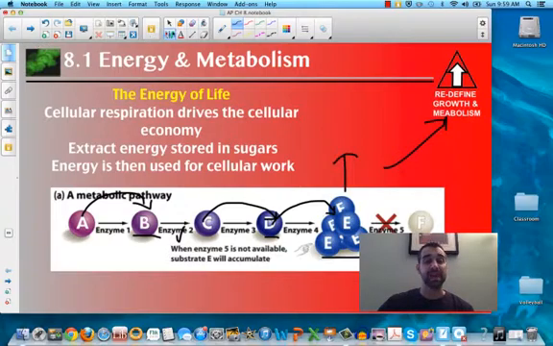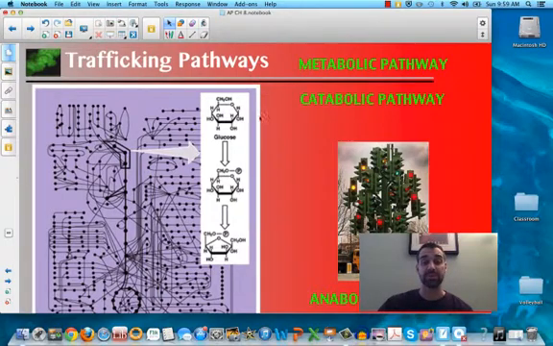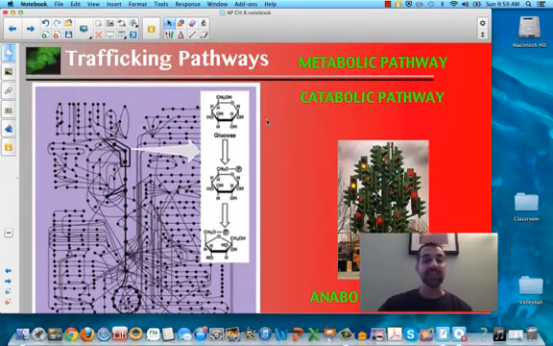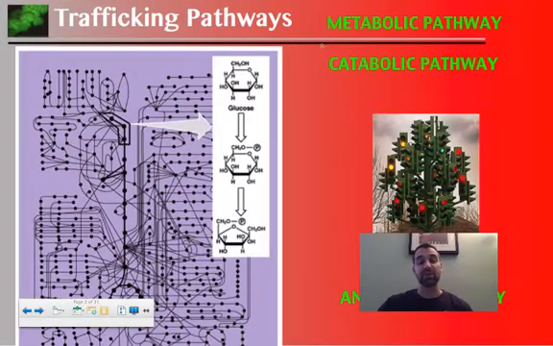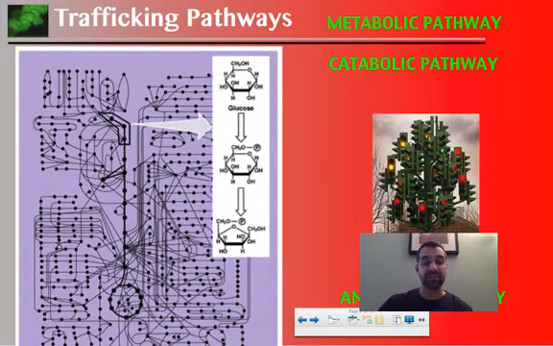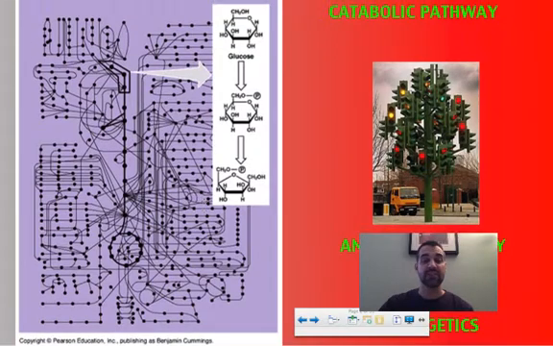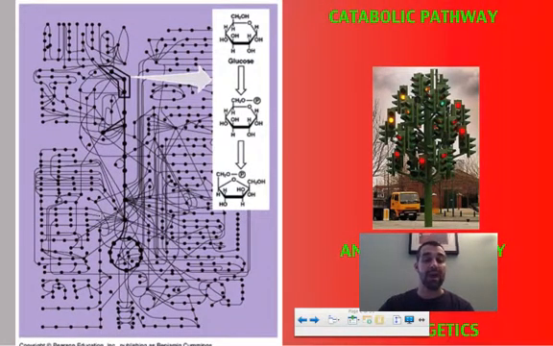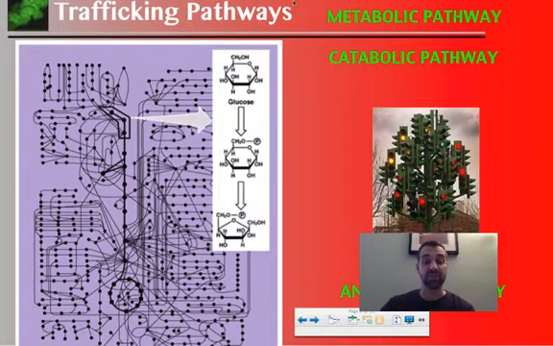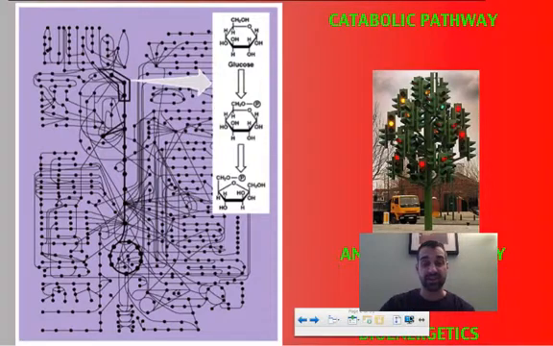So energy and metabolism go hand in hand. And when we talk about metabolism, we can't talk about one step, we have to talk about multiple steps. Okay, and so it's funny because our cells essentially have to traffic all these different pathways. And so I found this diagram on the left of the screen. This is the actual diagram of every single metabolic pathway associated with the breakdown of glucose. So these are all the pathways that are connected essentially to cellular respiration.